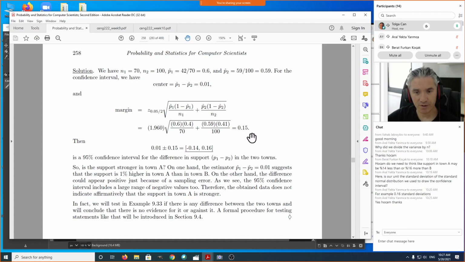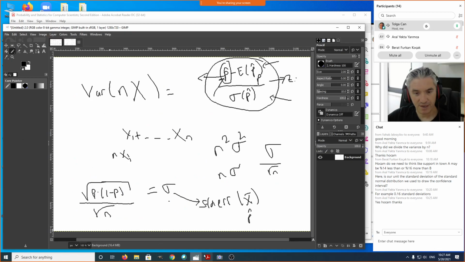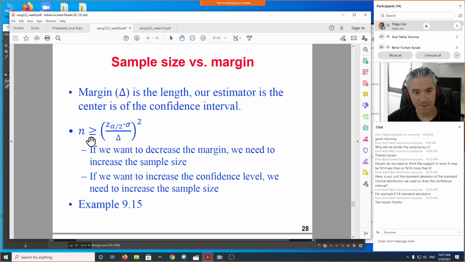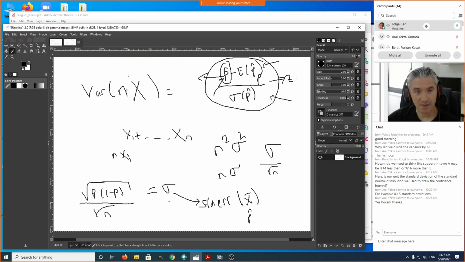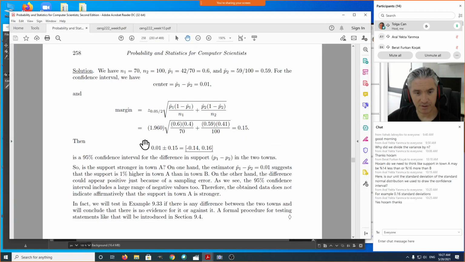So if we want to be more precise with the same confidence, we want to decrease the margin. In order to decrease the margin, we need to increase the sample size. But here's the catch. What should the sample size be? If you look at this formula we have here, the sample size n should be at least 700 or 1000. For example, if I make it 700, 1000 or more,